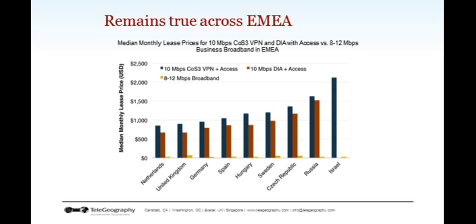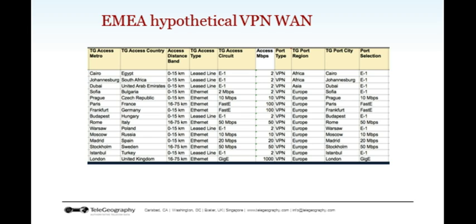And this remains true across the EMEA region. I've included at least one Middle East site on this chart and left off some of the others so that we can get a picture of that, and certainly there's a very big difference between the broadband price in Israel and the VPN price. But you can see for a lot of these other countries within the EMEA region that these trends stay true, and we still have a pretty big average multiple between broadband and VPN.